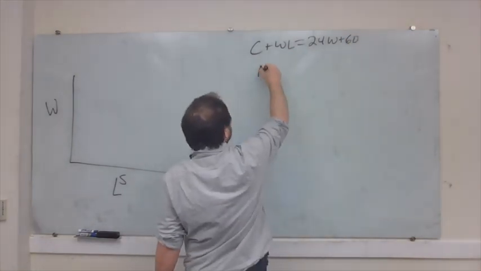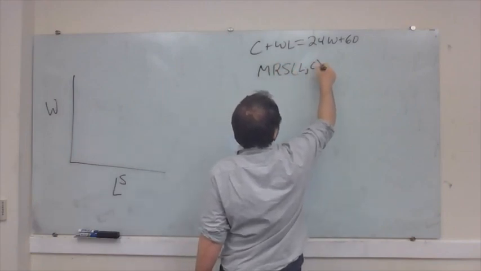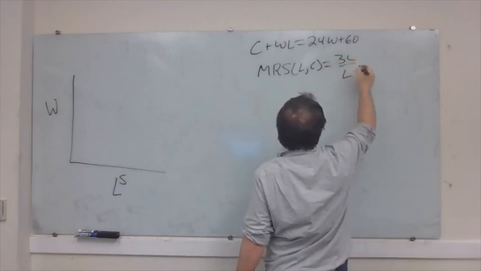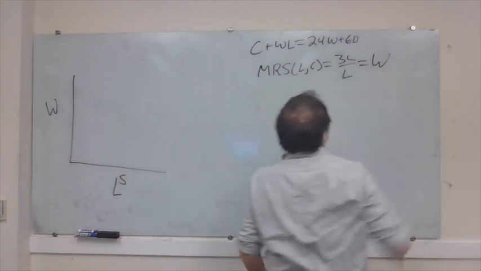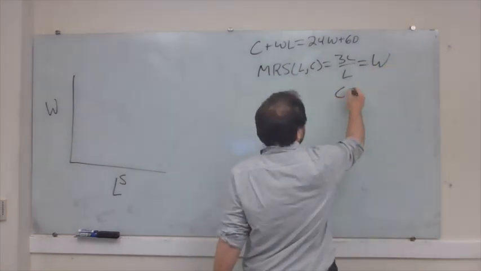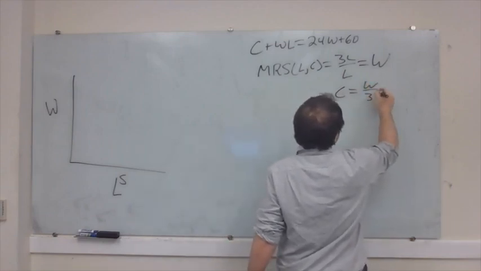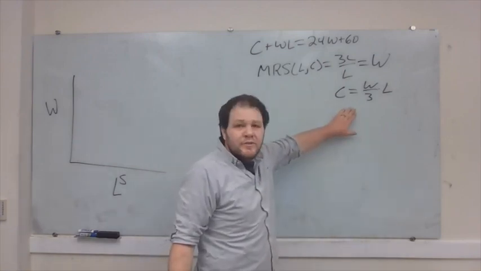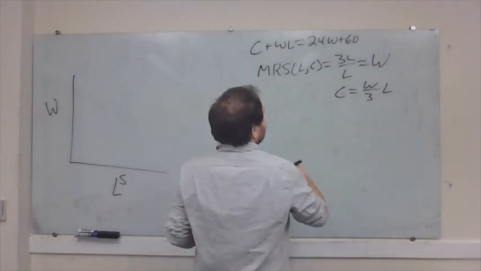We'll say that our MRS for leisure and consumption, we calculated as being 3C over L. It's going to have to equal our price ratio, which is just equal to W. Instead of 10, we're just substituting in W. So now we'll say C has to equal W over 3 times L. This is our optimal ratio that sets our MRS equal to our price ratio. Plug this into our budget constraint,